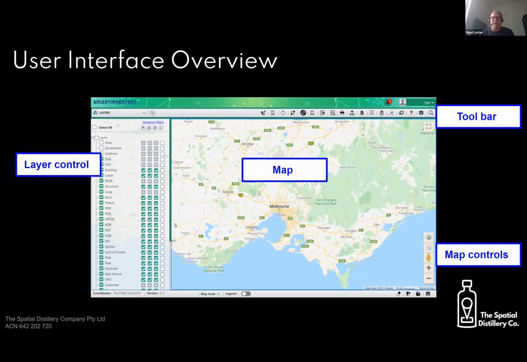It has a GIS-based looking interface, very simple to use, based off Google Maps, but you can also incorporate your own mapping databases as well. We pride ourselves on having an application that's very quick and easy to use and learn for any of your FTTX network engineers, or even giving access to other areas of the business, like sales and marketing. If they just want to have a view into the network, they can access that, and we can restrict the amount of functionality that they have to really simplify the application.